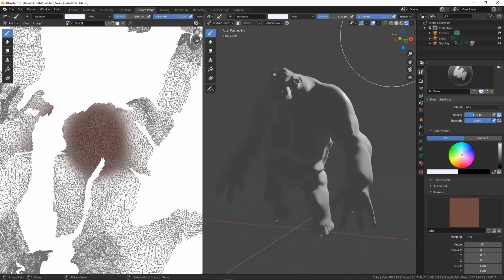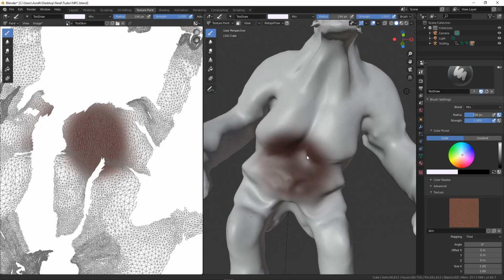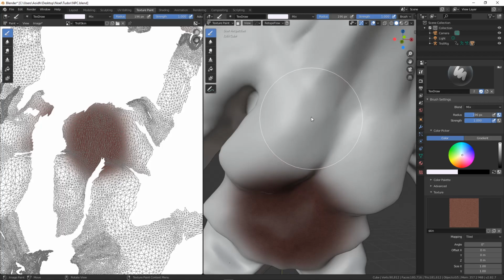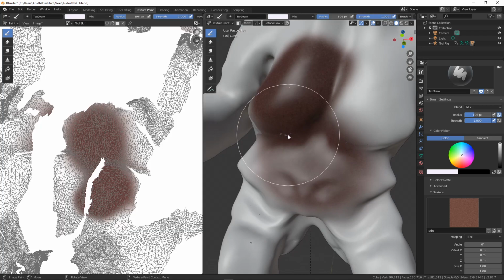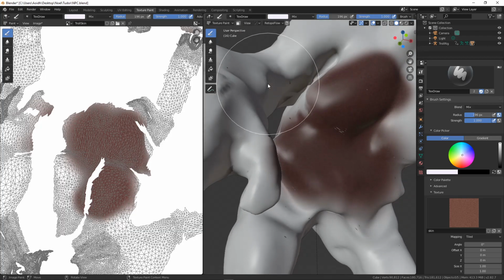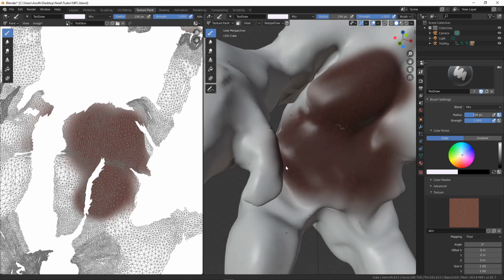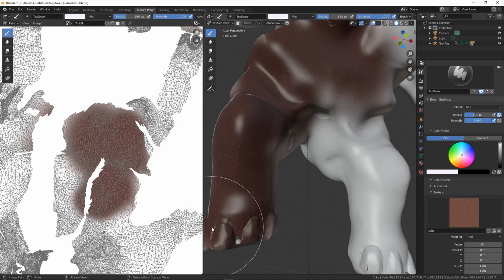Okay, well let's just proceed for a second. I think I'm in the right, there we go. So, don't know what was going on there. So I'm going to draw on him. Now he's quite shiny, but that's because we haven't set this guy up properly yet. And I'm going to use this as my base color. So I want to cover him entirely with this